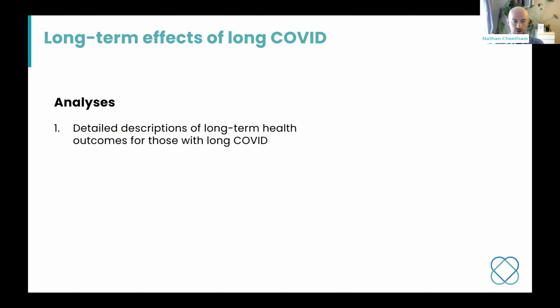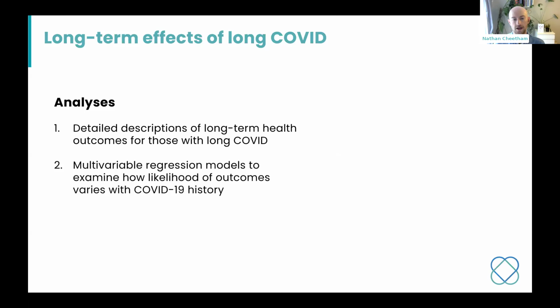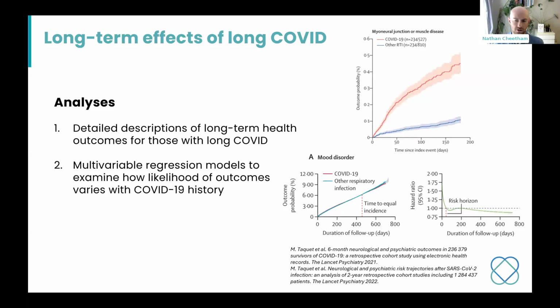So broadly, we want to do two types of analysis. We want to firstly describe in detail the types and the frequency of different health outcomes for people who have had or are still living with long COVID. And then we want to compare the likelihood of different outcomes for people with different histories of COVID-19. So comparing people who have had long COVID to people who've never had COVID or had a relatively short or mild case of COVID. And we're looking to create a risk trajectory,